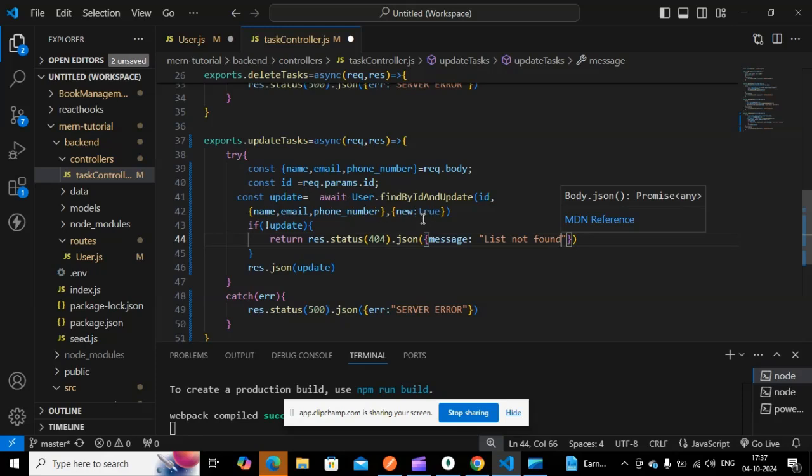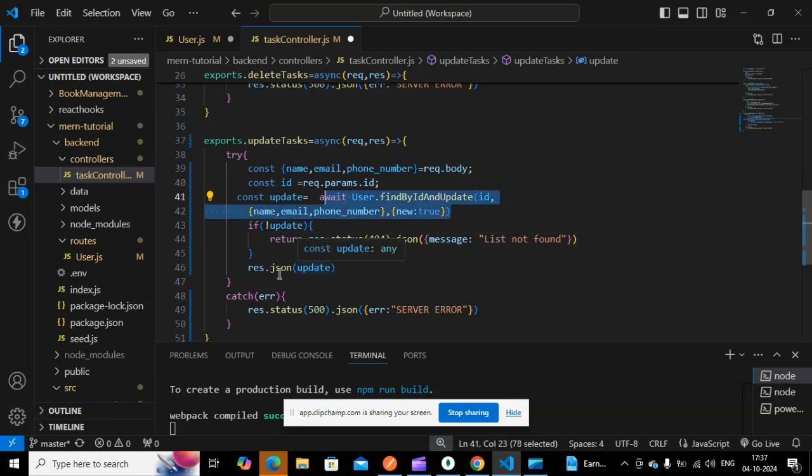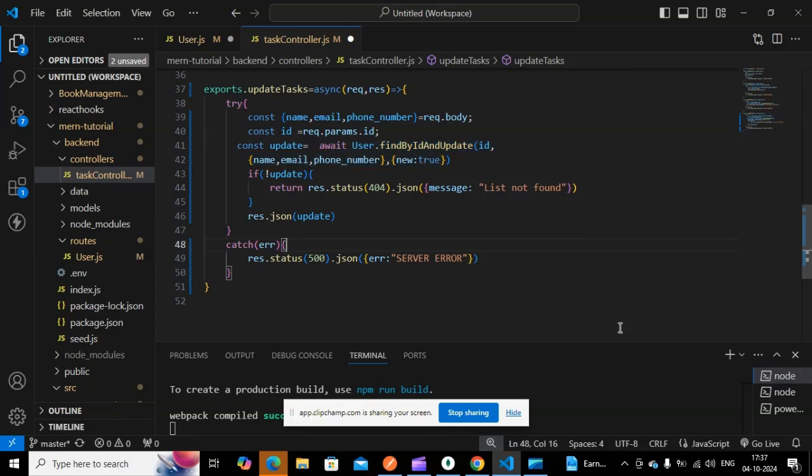I have used a method called findByIdAndUpdate. If the id is not found, my response would be 404, message is list not found. If the update happened, I'm just responding in JSON format. So you can save this and go back to the backend over here.